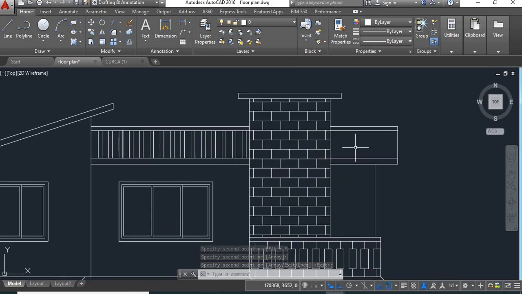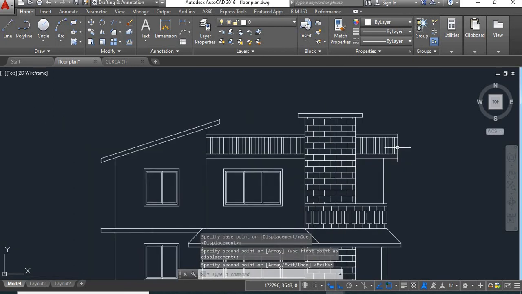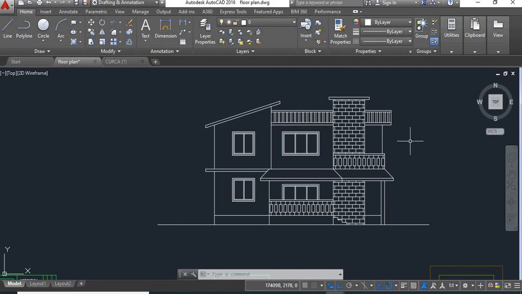Same thing we'll do here, or we can just copy this. We'll copy this and paste it here. So here we have provided railing for our parapet wall. So this is our elevation.